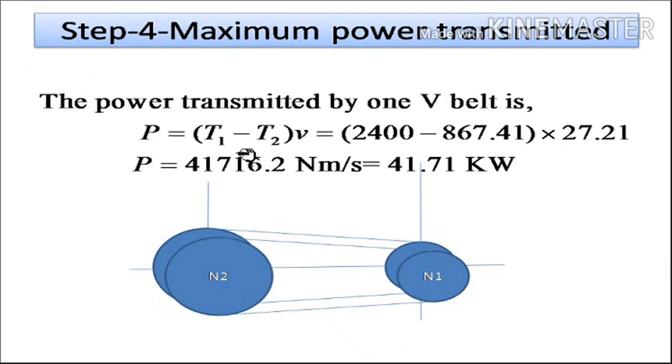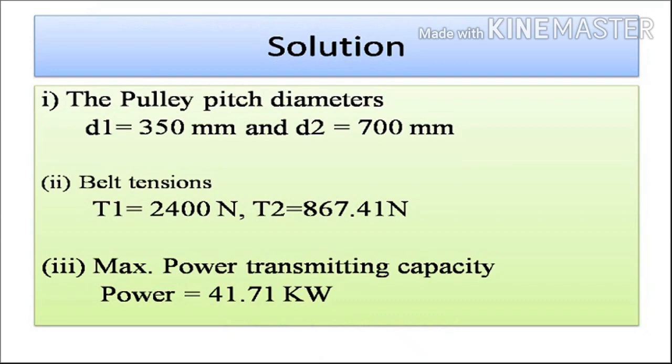So if I use these values of T1 and T2 in the equation of power, I will get the power transmission capacity of this flat belt drive, since it is written as V by mistake. So (T1 minus T2) into V, so T1 is this, minus T2 is this, into velocity, so I will get the power transmission capacity of this belt as 41.71 kilowatt, and this is the answer of this particular numerical. So finally we can specify the complete solution of this numerical, that is pulley diameters we calculated, then we calculated tensions on tight side and slack side, and the power transmission capacity. Okay, so after this now we will go for the next numerical.